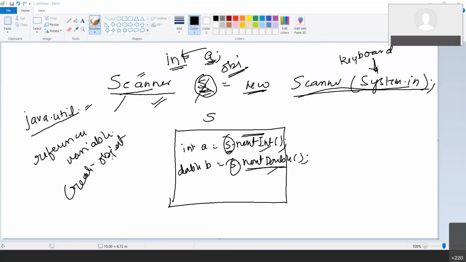We declared a Scanner object over here. We accepted the data. I no longer need this particular input now. So we should close it. Okay. So what is the value of the double? Double means accept the number with decimal places such as 1.23, 3.45, 6.89. Your CGPA is 2.3. Your CGPA is 9.81. For that, I use something called a double. Is it clear? So point number one: declare a Scanner object, accept the data, close the Scanner object. So how do I close it? This particular object dot close.